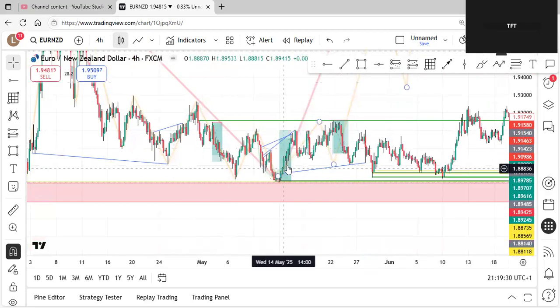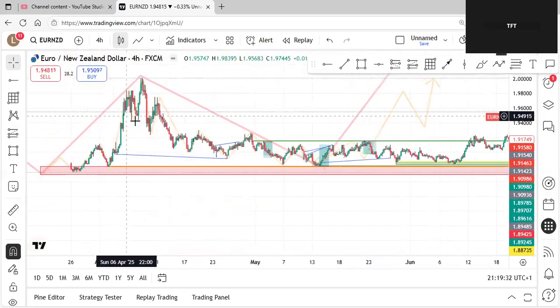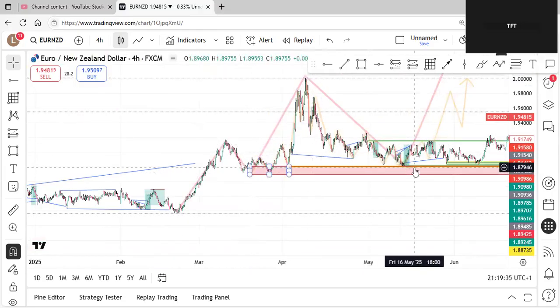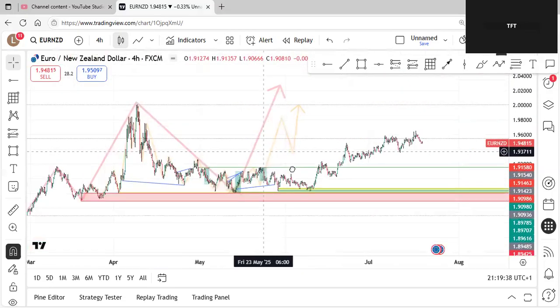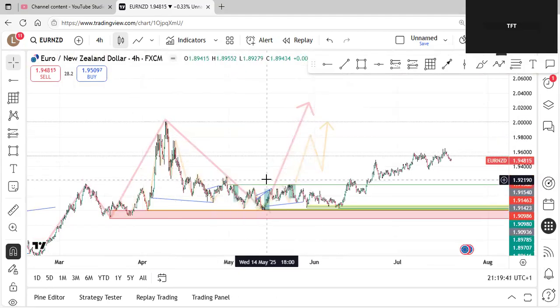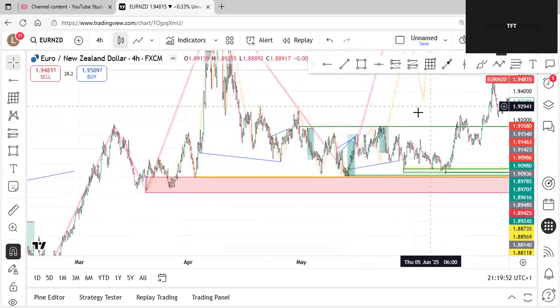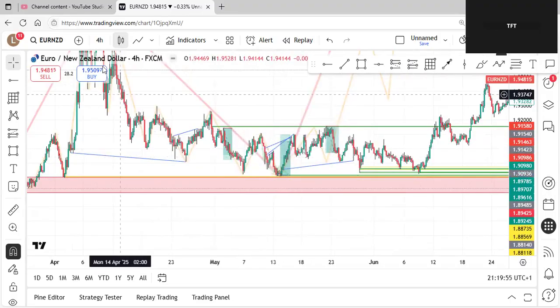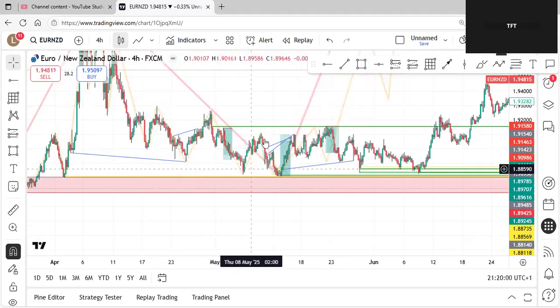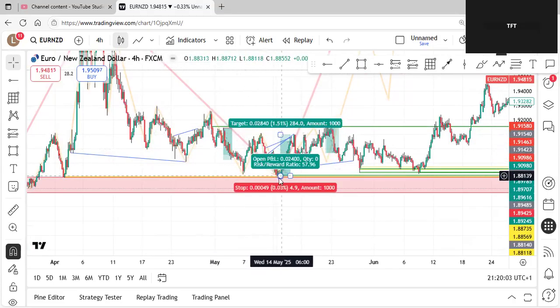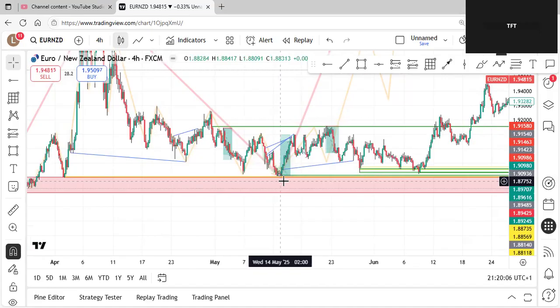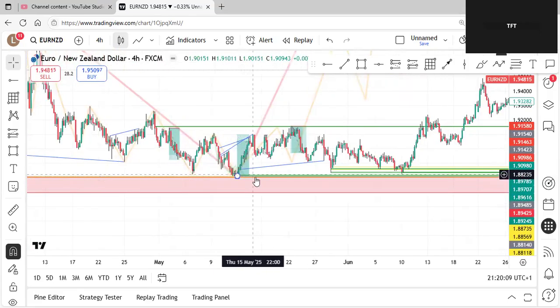So obviously I've got my sort of 4-hour, and so red's possible 4-hour structure. Sort of anticipated a new 4-hour high on this. I anticipated that May time, so mid to early May, I think. Obviously you can see there's some orange zigzags going on as well. So obviously price on the pullback of this 4-hour, inside that is the 15-minute zigzag, as you can see here. Creates a low here, this low on 15 and the 4-hour low. So these 4-hour and 15-minute lows,